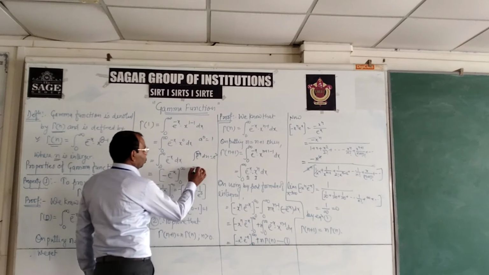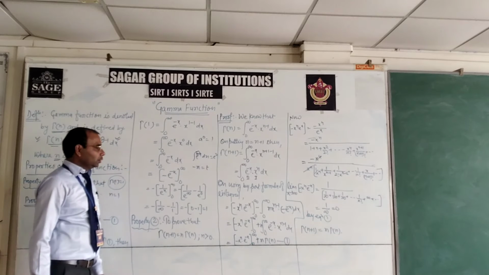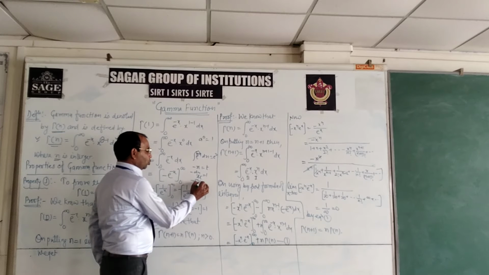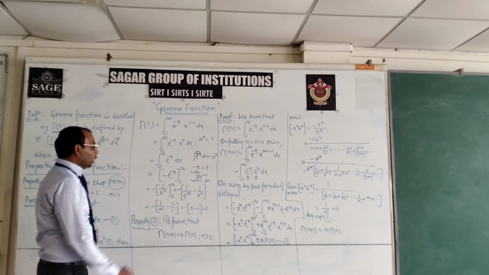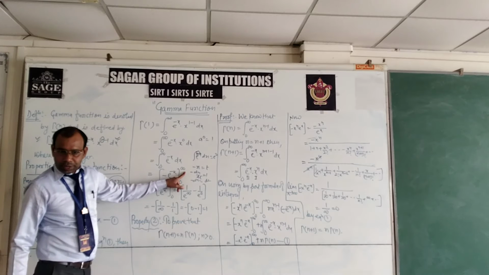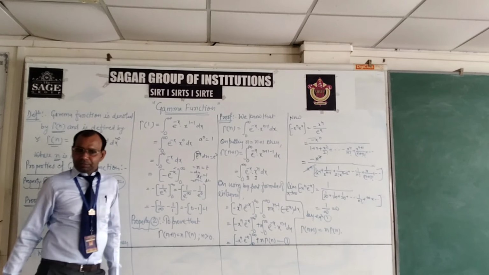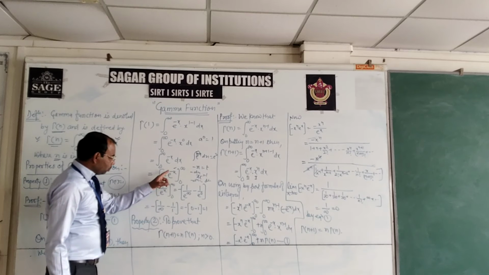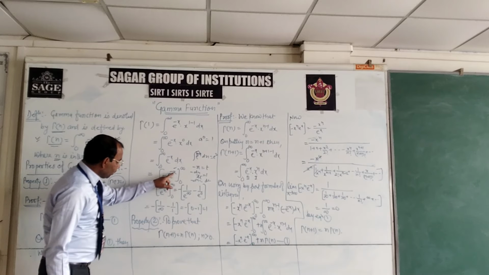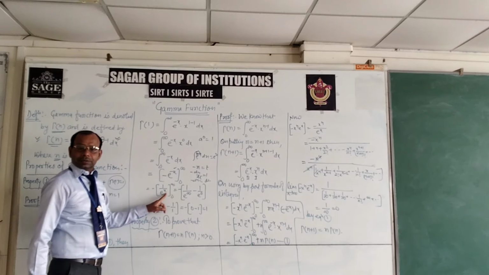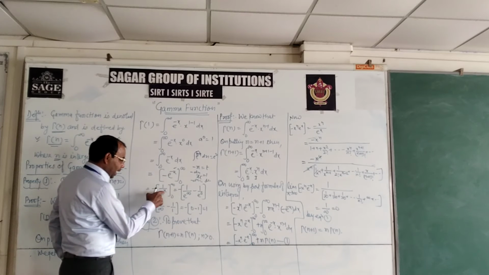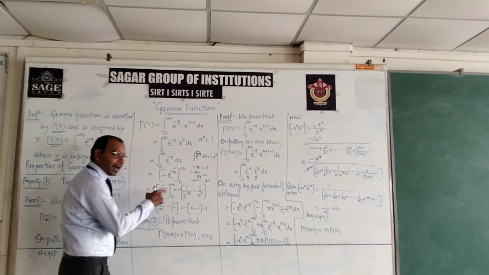So we can use substitution. Minus x equal to t, then minus dx by dt equal to 1, so minus dx equal to dt. So minus e to the power minus x is evaluated as upper limit minus lower limit. X is replaced by infinity and then by 0. First we can take the positive term, minus e to the power minus x, that is 1 upon e to the power x. After that, upper limit minus lower limit: x is replaced by the upper limit, x is replaced by the lower limit.